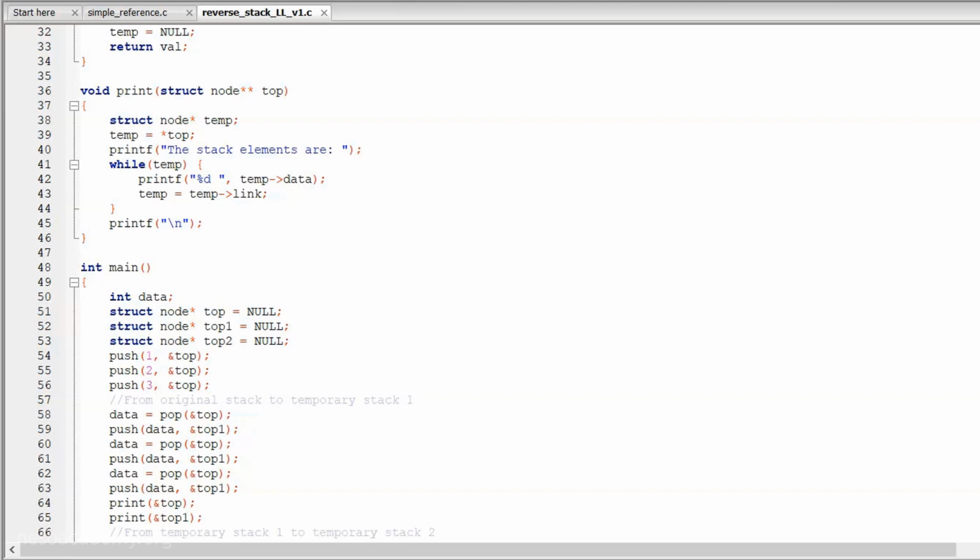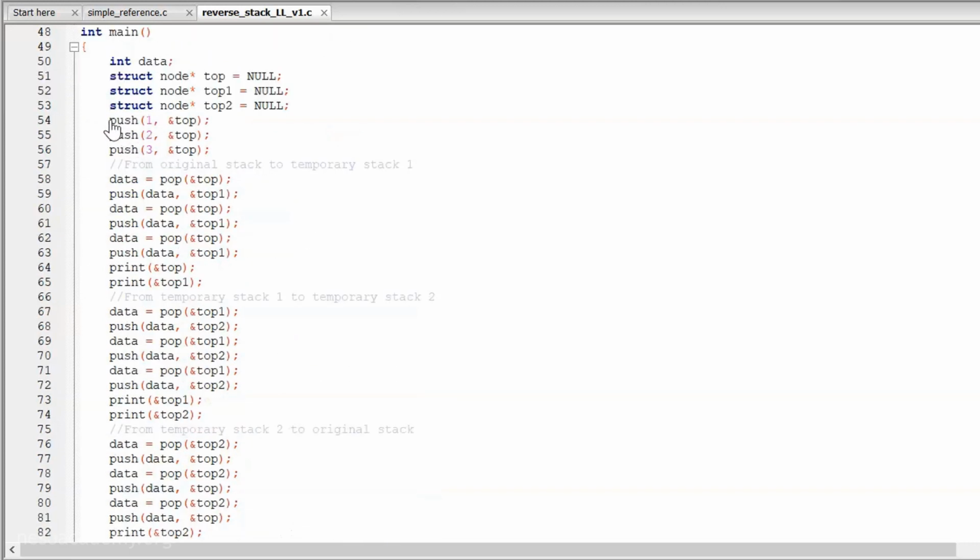Then we have this main function, and here you can see that first the elements are pushed inside the original stack, and one by one all the elements are popped from the original stack and pushed inside temporary stack 1. That's why you can see I'm calling the pop function thrice. It is not difficult to understand this code. First, I'm deleting the topmost element of the original stack.